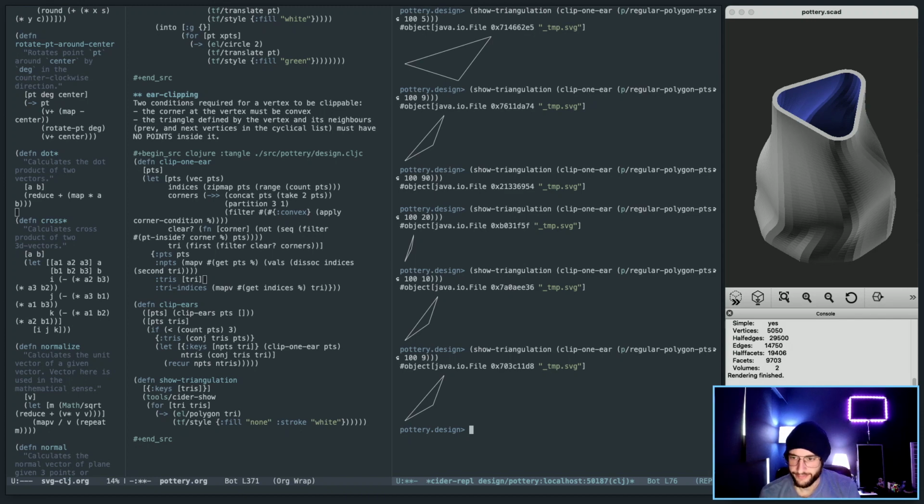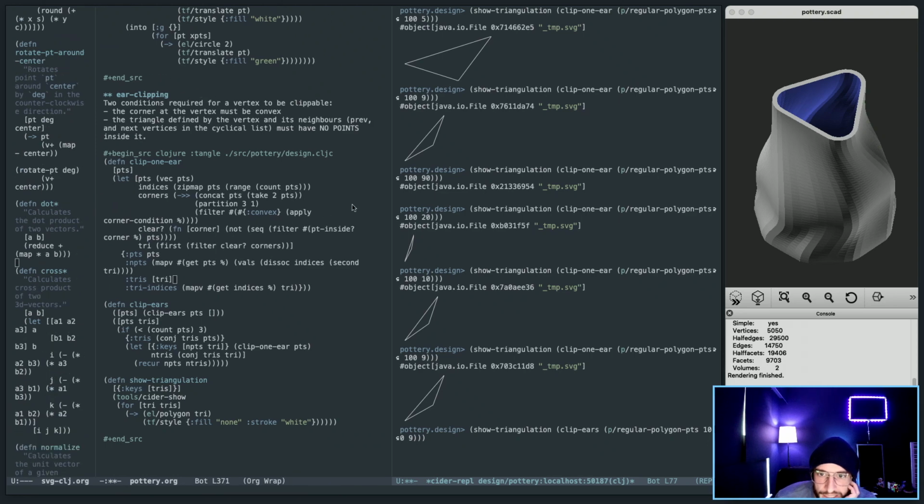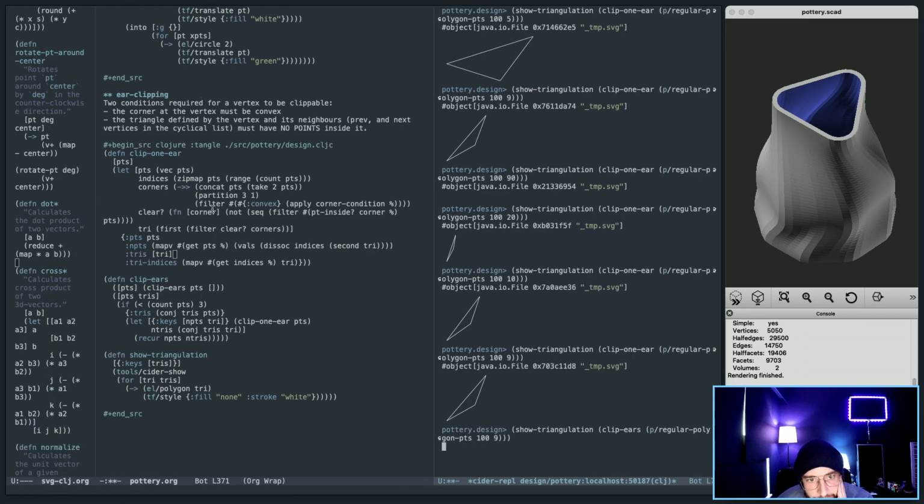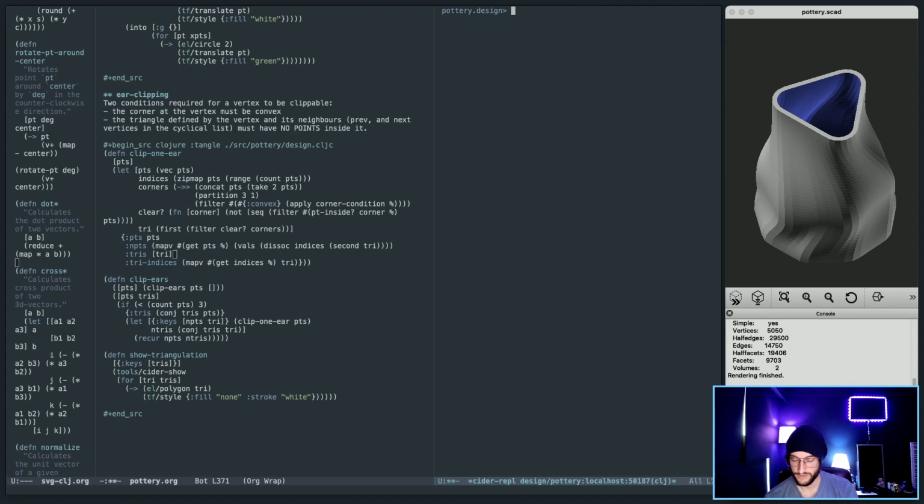I don't know why it would suddenly start to go slow here. So let's try to figure out what I can do with that. It must be getting caught on something, right? There's just sort of an implied assumption somewhere in this clip ear that isn't holding like I thought. Let's also, okay, so let's kill that. If I do